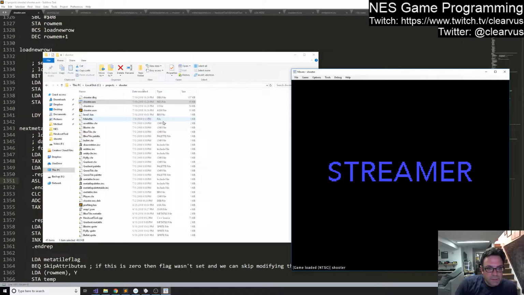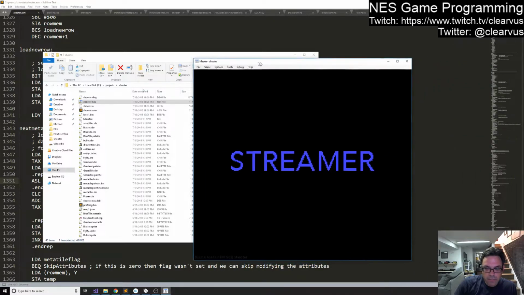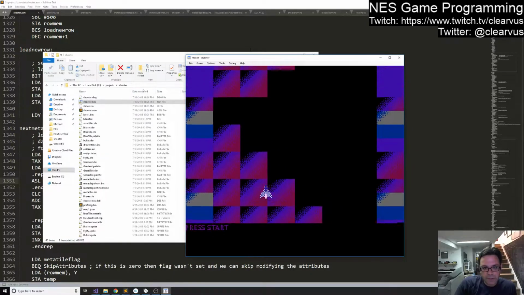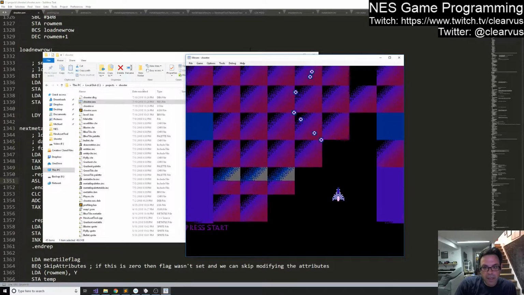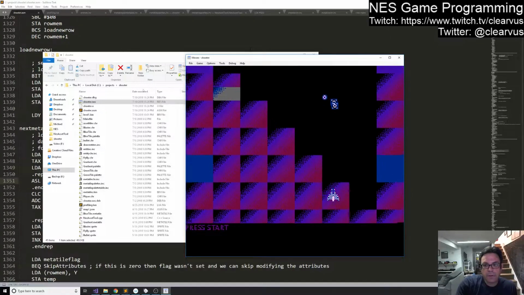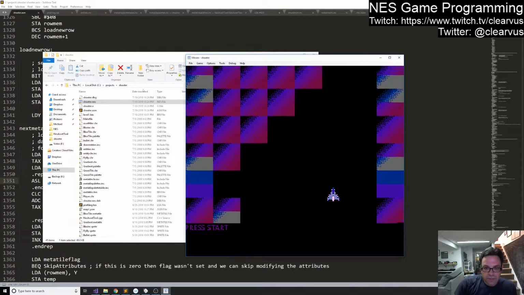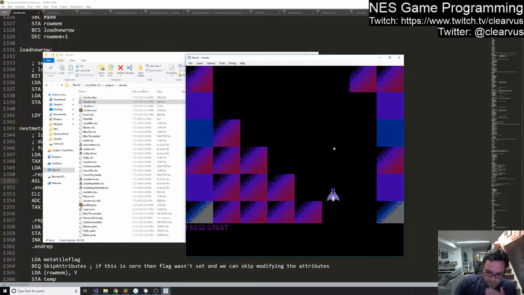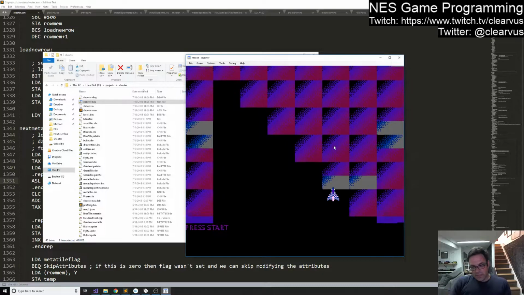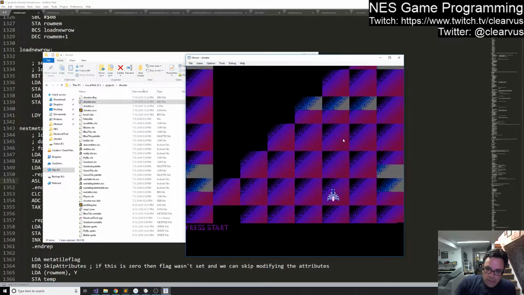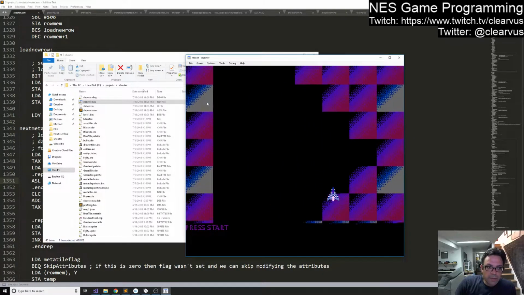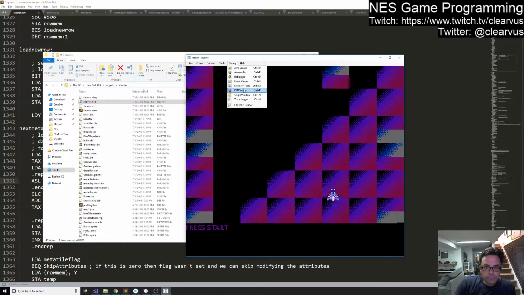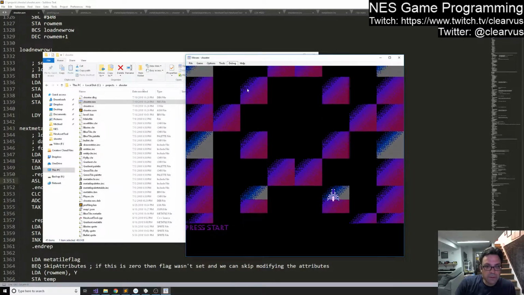So last time we were working with the game. We'd gotten things mostly functional. There's a little bit of stutter to the way that the game is playing in terms of how the background is loading. You can see it does a little bit of a jump. That is not an artifact of the streaming. That appears to be a problem with the way that we're loading the row data into the name table. And in the previous